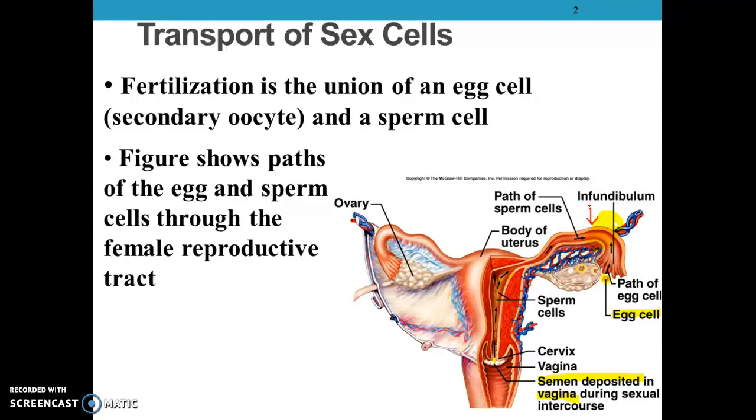There are also some cases, and these typically are not successful, although you'll hear some really weird cases where they are, where the sperm and the egg cell will actually meet outside of the uterine tube, somewhere around here, and the embryo can implant somewhere else in the body, like in the pelvic cavity. If you've heard of an ectopic pregnancy, that's when fertilization occurs and the embryo implants somewhere else in the body. Again, typically those are not successful, but you will hear some really rare case studies where it can occur and be successful.